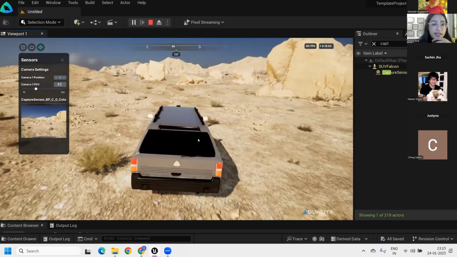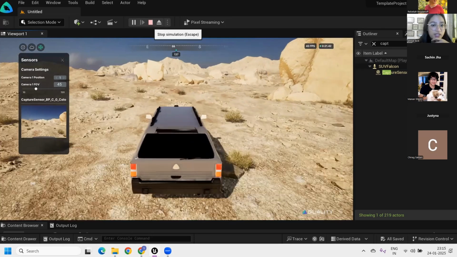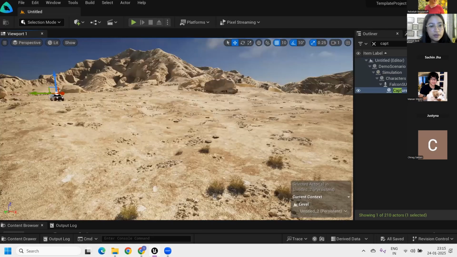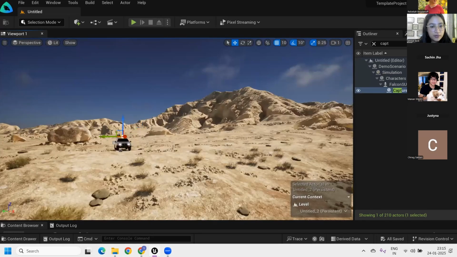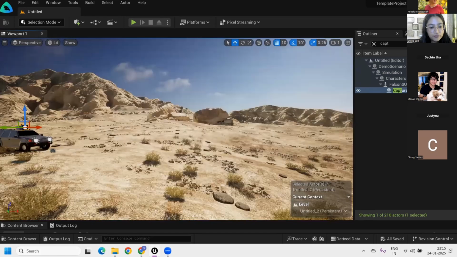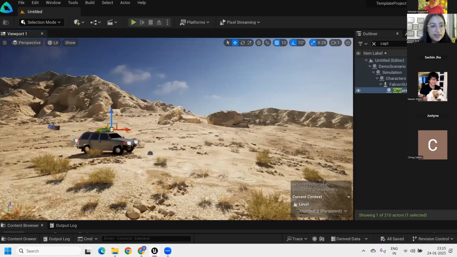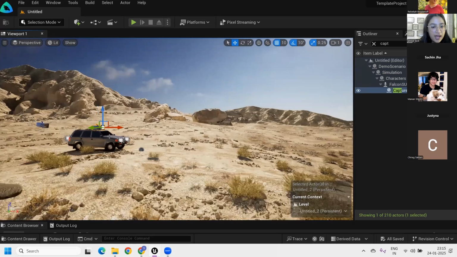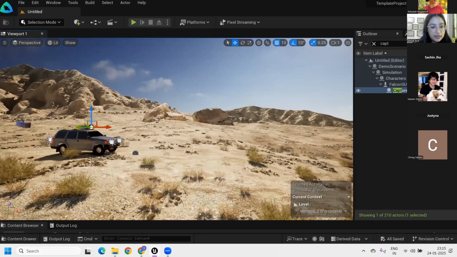And if this part is clear, then we can move on to the next part, which is basically attaching segmentation values. Okay, so this is the point where my car is starting from. And now if I wanted to attach segmentation IDs to different things within what is already present,